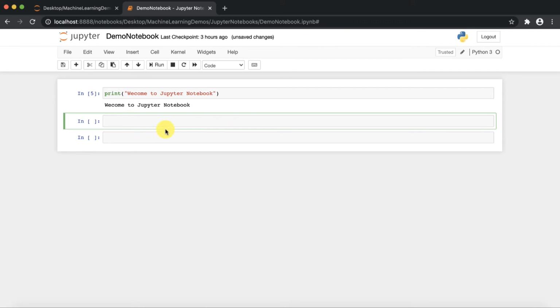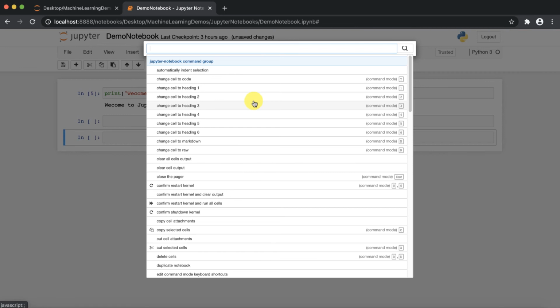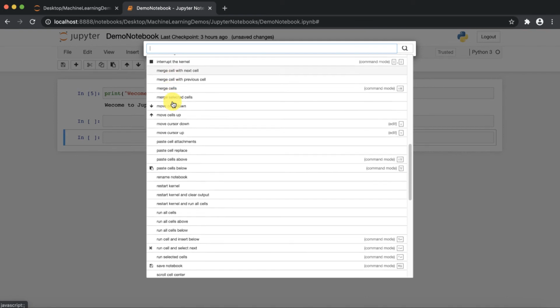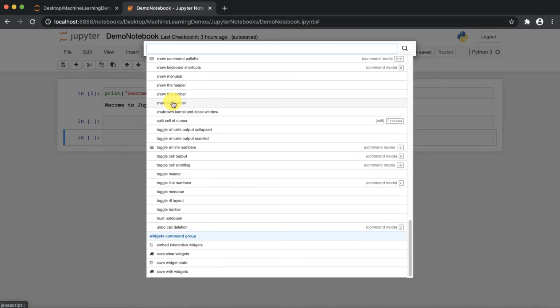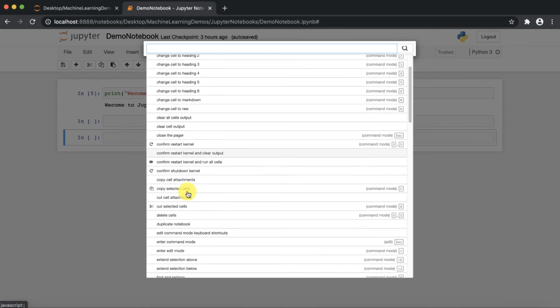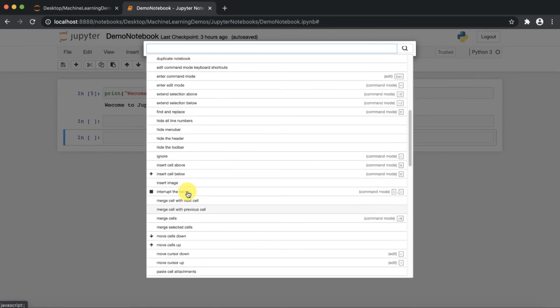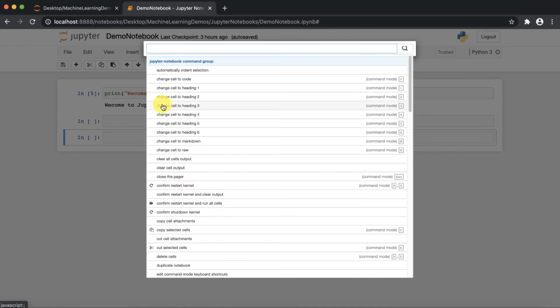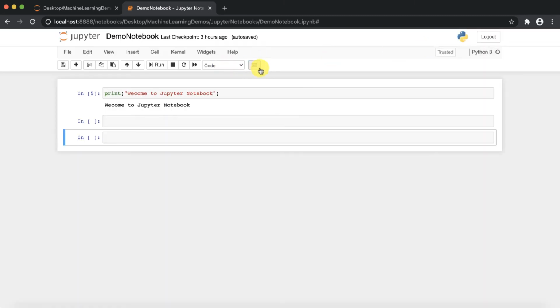Okay, so I would prefer the shortcuts more, right? So how you can find the shortcuts according to your machine. In this particular menu, there are various shortcuts it is providing according to your machine, right? You will notice that there are various shortcuts available with us. Once you practice with these shortcuts, then you will be handy with it. Don't worry about it, right? From that you can choose it.